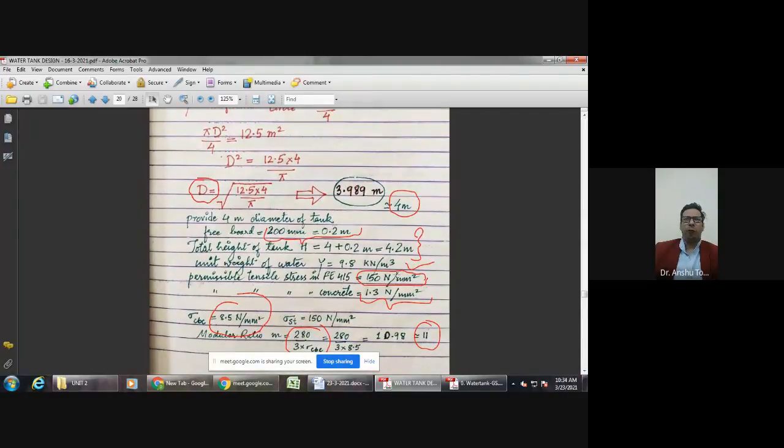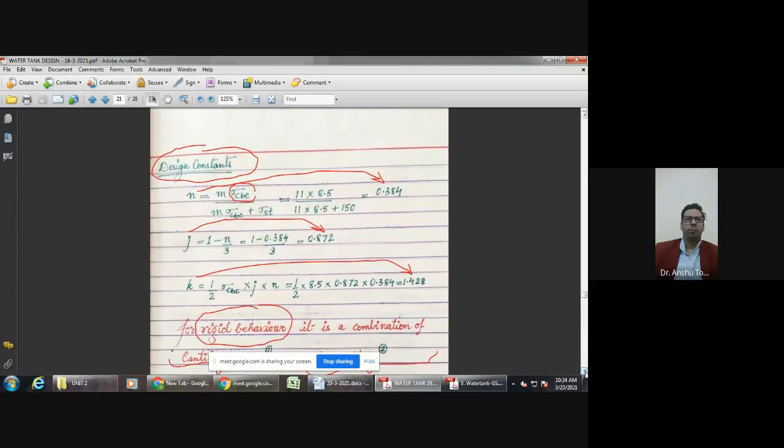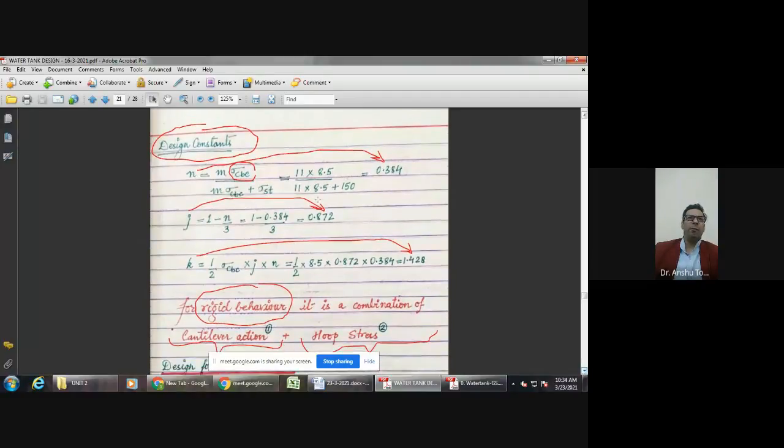These stress coefficients are known to us: for the reinforcement, this is going to be 150 MPa. For concrete under tension, this is going to be 1.3 Newton per mm square, which we have seen from tables 1 and 2. Similarly, we were able to find these coefficients.